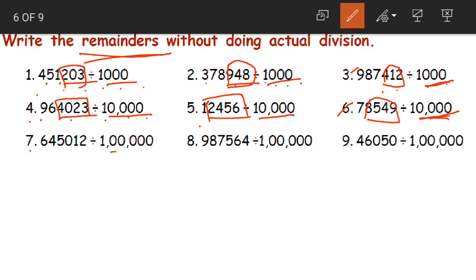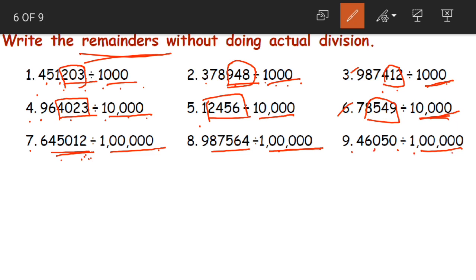In question number 7, 1 lakh has 5 zeros. So these 5 digits 45,012 is our remainder. Question number 8, again 5 zeros. So the 5 digits 87,564 is the remainder. The question number 9, again